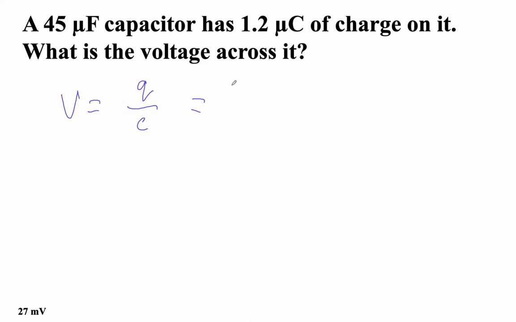Okay, so let's see. Q is 1.2 times 10 to the minus 6th coulombs. And then it's 45 times 10 to the minus 6th farads, right? So 1.2 divided by 4.5 is